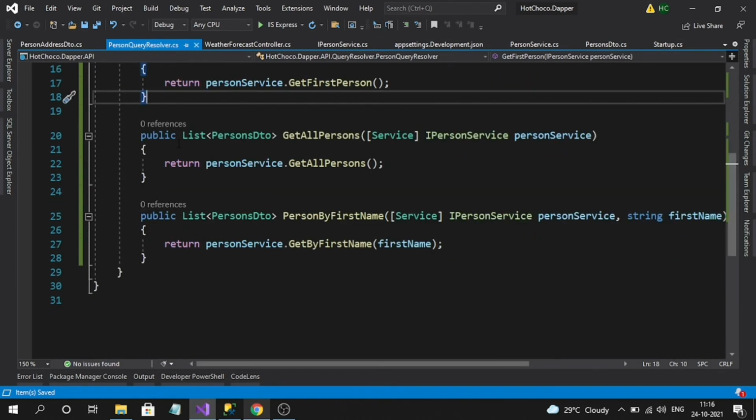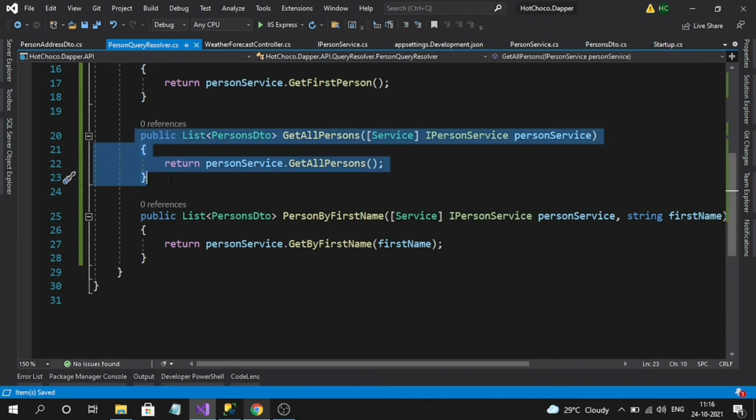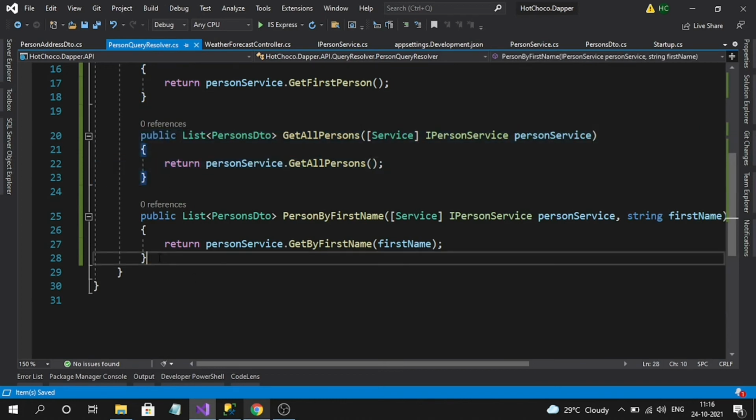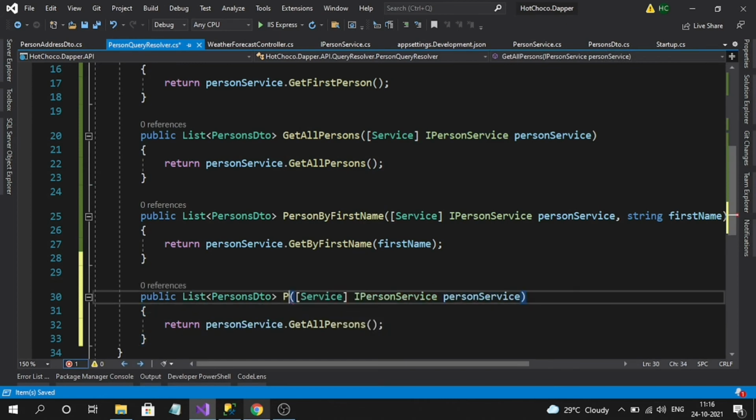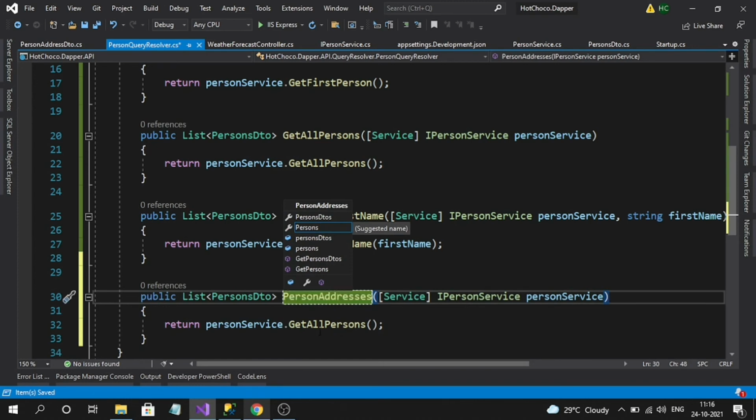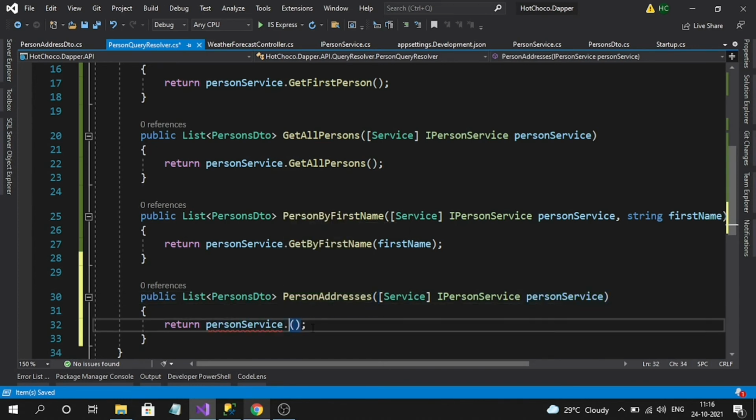So what I will do, I will copy some previous method and rename it like person addresses. Okay, and I want to get person address.